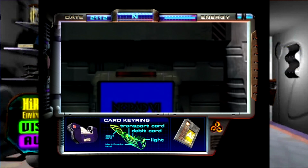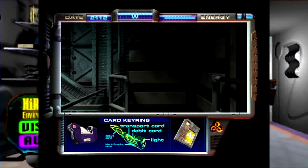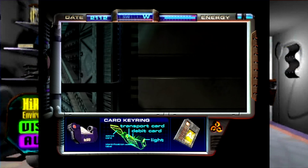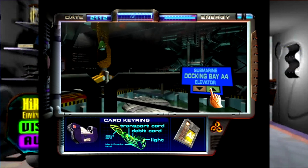Alright. Well, we can actually look at the robot and what he's doing. If we go back here to the elevator, we can basically go back up to where...